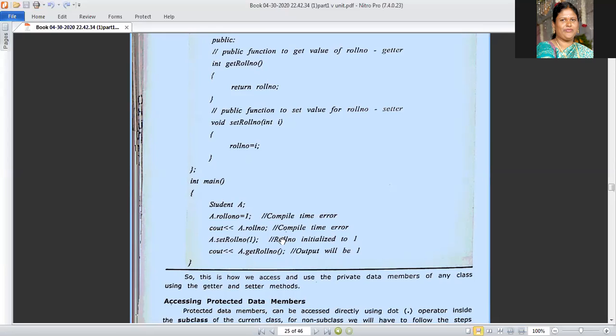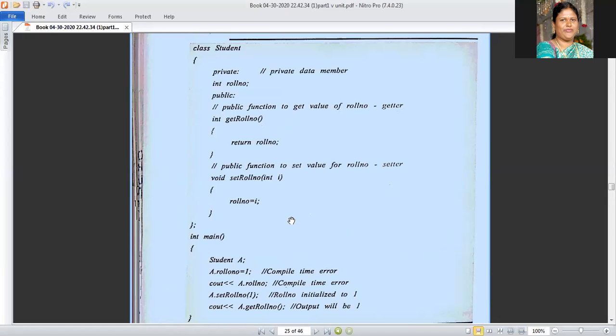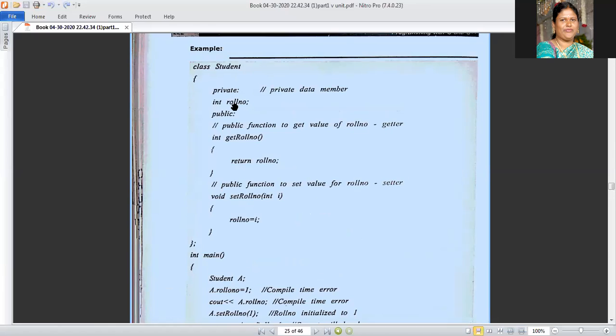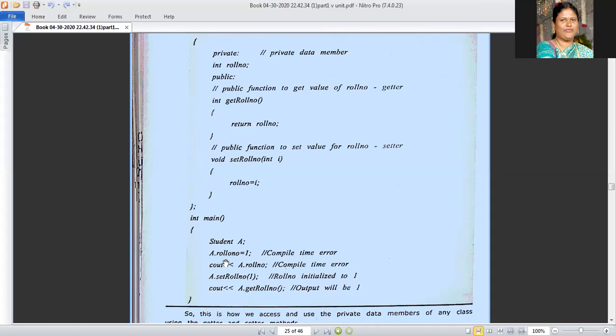Girls? Why? Already I am telling you now. How is the roll number declared? Private. Roll number is declared as private. If it is private, what I told, other than the members of the class cannot access the private members. So I am accessing in the main.